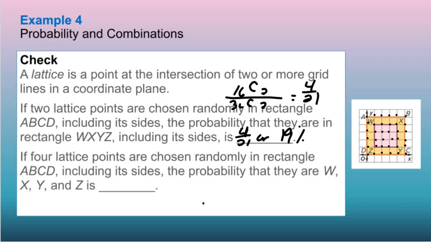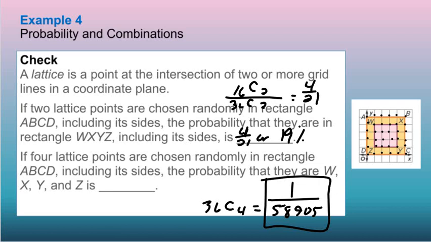So if I did 36 choose 4, that would give us 58,905. So there's 58,905 possibilities of getting 4 in the yellow. There was only 1 that gets W, X, Y, and Z on the inside. So our probability would be 1 out of 58,905. As our lesson on probability with permutations and